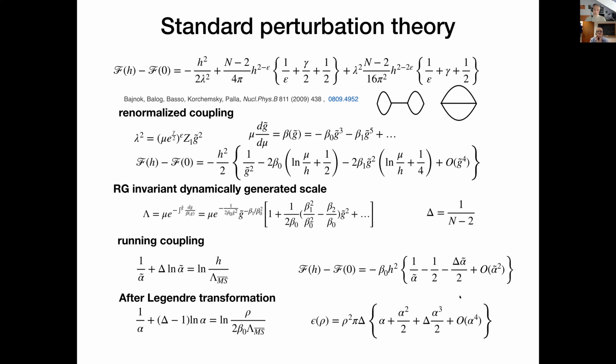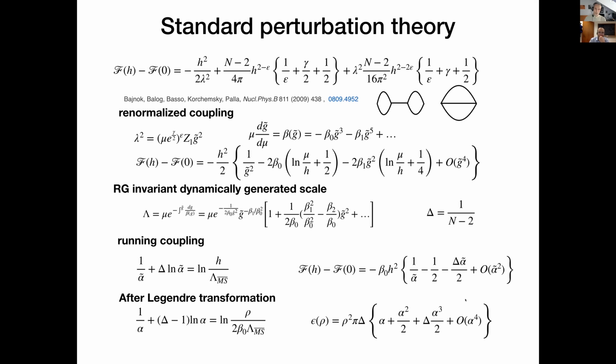If you were infinitely clever, or you had a lot of time, you could calculate lots of coefficients. This is a complicated model, but in simpler models like phi to the 4, Marco calculated maybe 6 terms in the perturbative expansion, or maybe more. I don't remember exactly, but for the analysis we are going to make, we will need many more terms. We will need hundreds and thousands of terms. So you see, it's impossible to get them from perturbation theory.